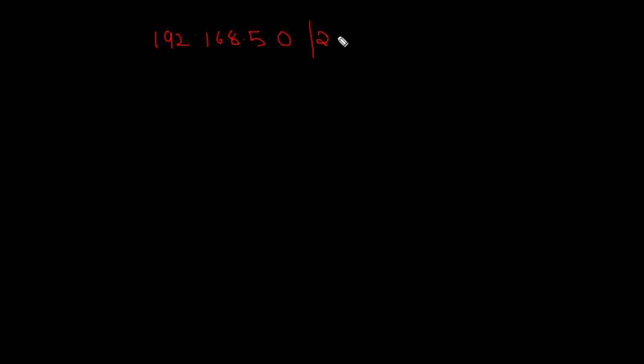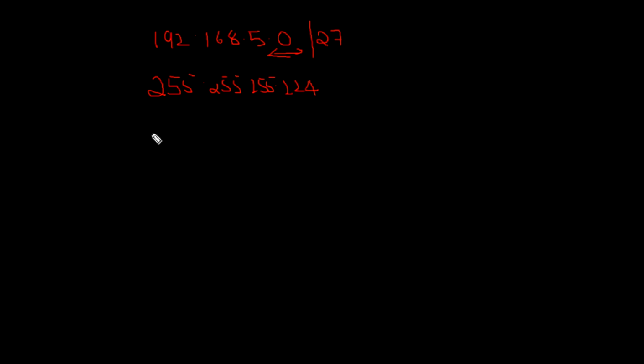/27. 27 means 24 is default. 3 extra bits are used. 24 is default. 3 extra bits I am taking from the host position and I convert into subnet. This is 27, and this is in Cisco representation. What you call prefix. So you have to write in other way: 255, just now I explained you this one, 255, and next one is 224. This is my mask.